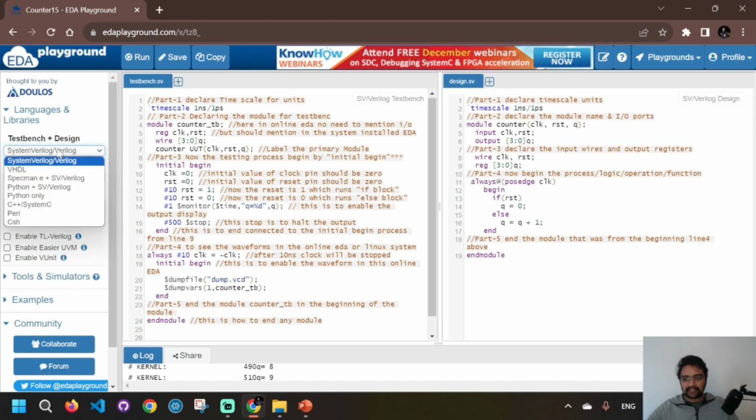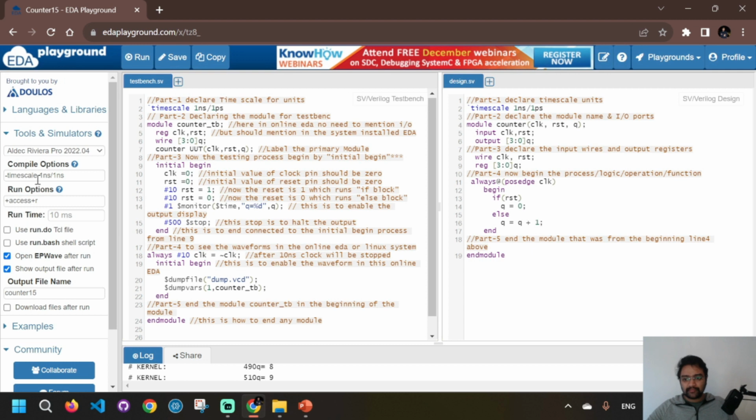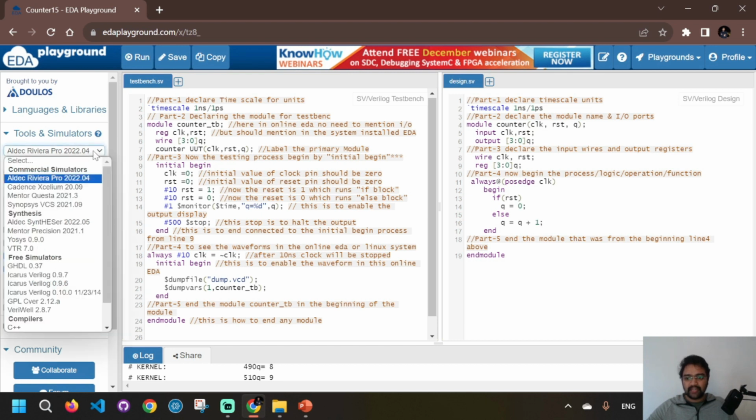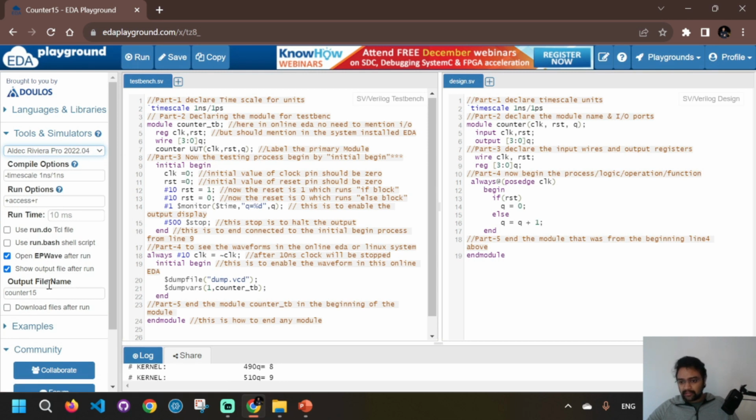You select SystemVerilog, and after you select SystemVerilog, come to the tools. We need some online EDA tool vendor. We have Aldec Riviera Pro. This is the EDA tool, and you can see synthesis. We have Aldec synthesizer. All these things, and you can also set the output file name,